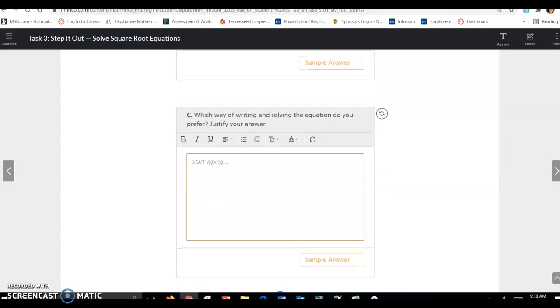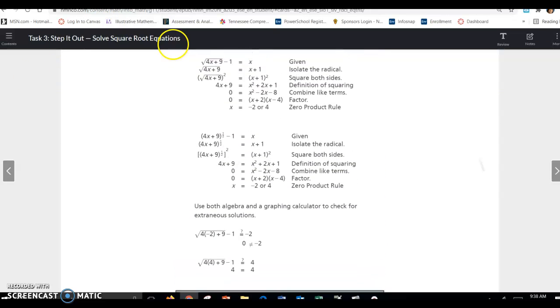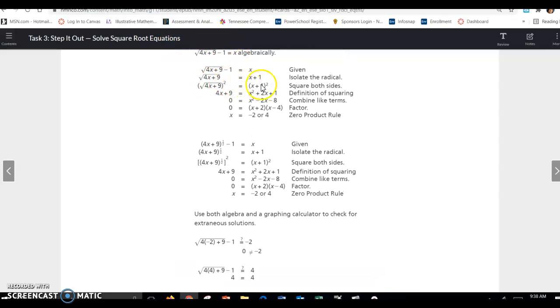Which way of writing and solving the equation do you prefer? I'm a math teacher, so I don't really have a preference. I would just go with what the original equation was, which is the radical equation, and I would just solve it from there. I do like to be able to check it by graphing to see the intersection. That's a quick, easy way to check it. I probably would not rewrite it as a radical or a rational exponent, although that's no more difficult than this, but that would be my preference. All right, that is all for